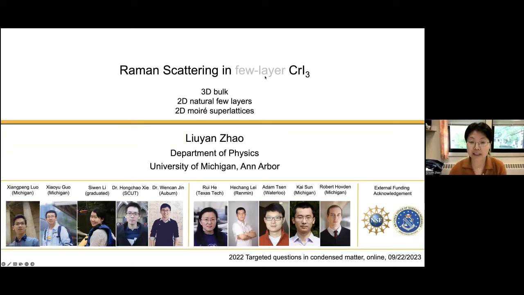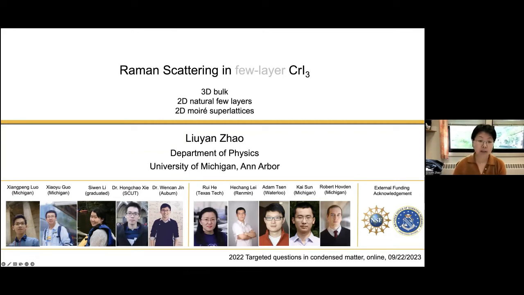So I revised my title a little bit to update the field layer to 3 different systems. We will cover one being the 3D box system, another being the 2D natural field layers, and the third being the 2D moire superlattices. This work wouldn't be possible without these excellent group members and these wonderful collaborators, as well as the funding